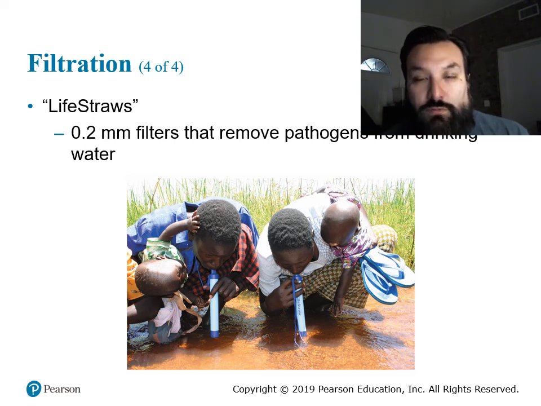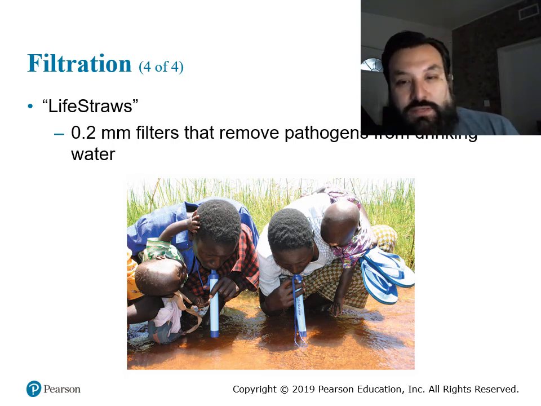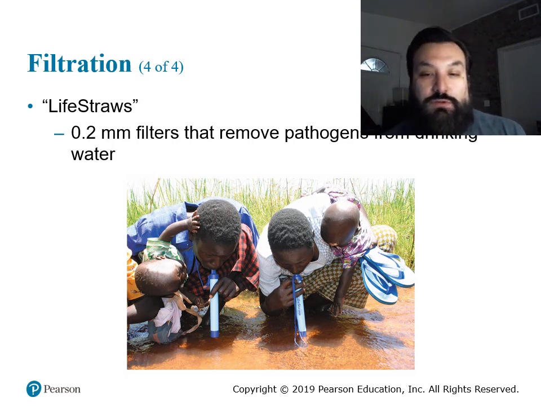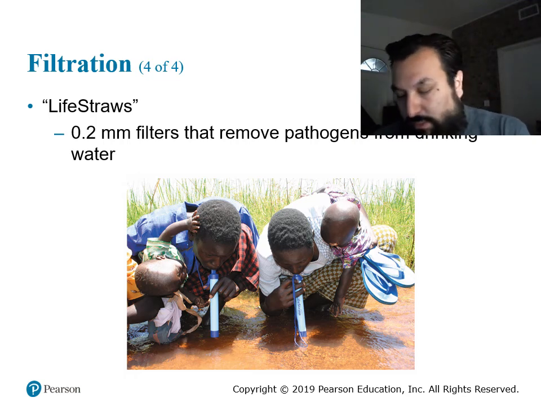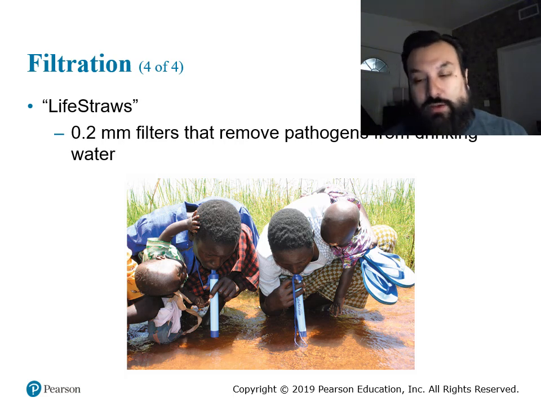I don't know if you've ever heard this before, but this was actually invented by some really smart folks who created these filters that are really nice to have in areas that don't have filtering systems for water. There was a lot of funding from a lot of people, one of them being Microsoft, and I can't think of the gentleman there that I'm talking about, but the founder of Microsoft,